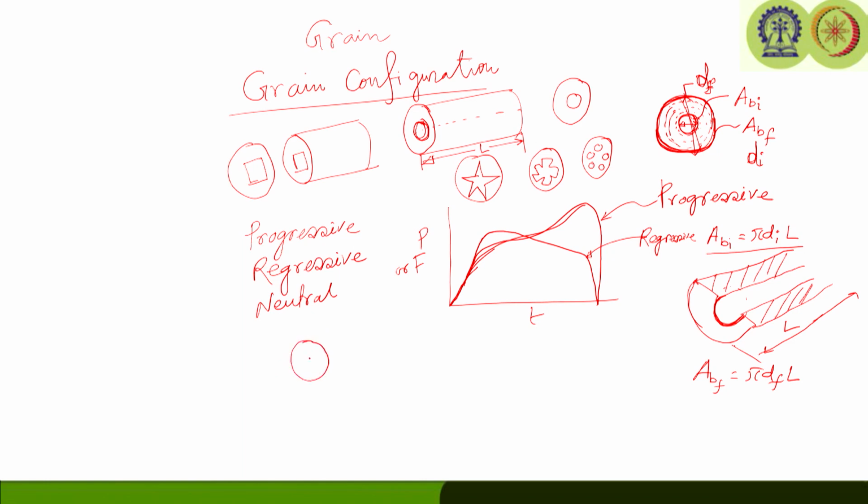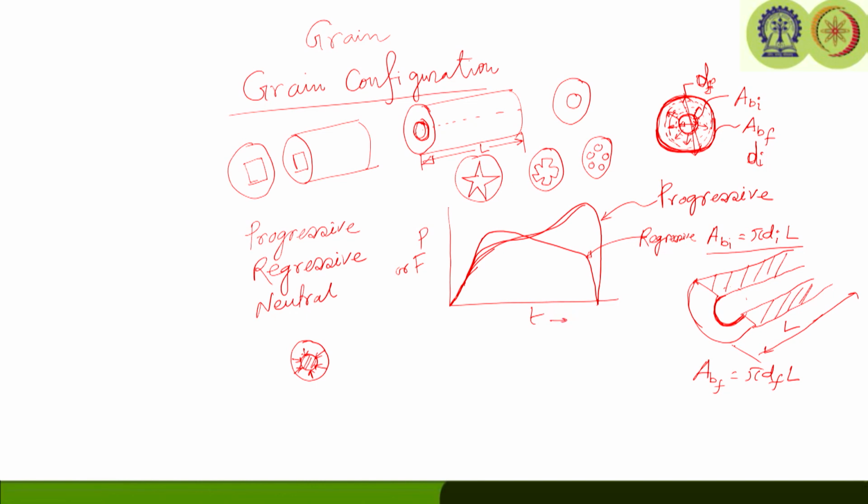rod type of configuration. So, the grain is, instead of having the internal perforation, the grain itself is a cylinder. So, what is going to happen? It is going to burn radially inward. In case of a cylindrical perforation, we can say it is radially outward burning. So, burning is taking place radially outward. There we have seen that it is increasing the surface area, but here the surface area is going to decrease. So, this type of burning will cause the decrease in pressure or thrust with respect to time, and